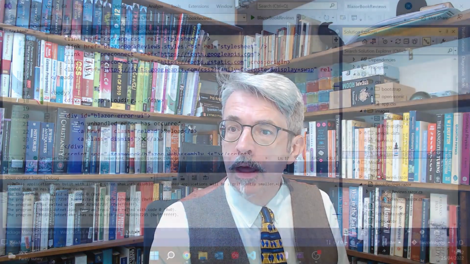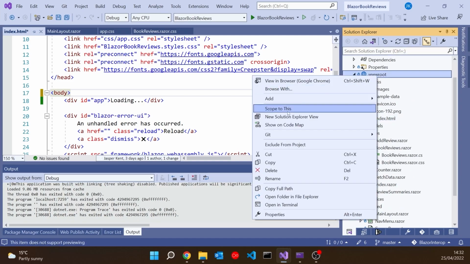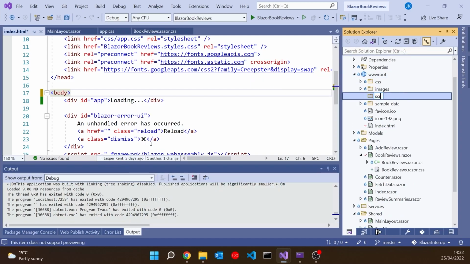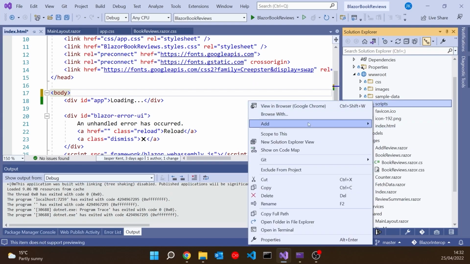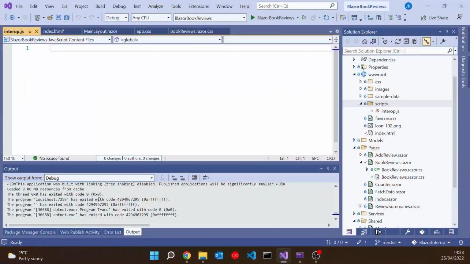So what we'll do is, in the wwwroot where the static stuff's going, I'm going to add another folder and we'll call this one scripts. And then in there, I will add a JavaScript file and I will simply call this interop. You could, of course, write this in TypeScript rather than JavaScript if that's what you want to do, and just make sure you integrate the TypeScript transpilation into the build process somehow. But all I'm going to do here is have a function, and I'm going to call this function setHalloween. It's going to take a parameter, which I'm just going to call on, so that's going to be a Boolean, but obviously no types in JavaScript.